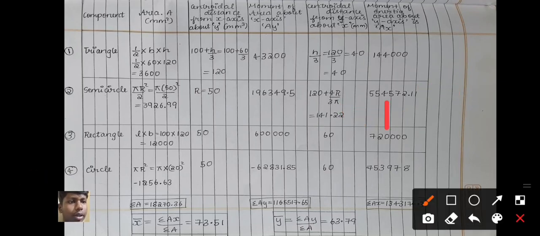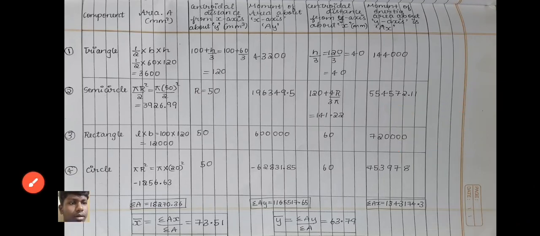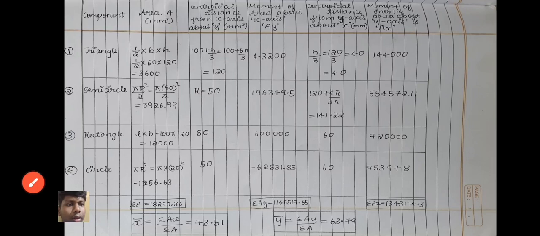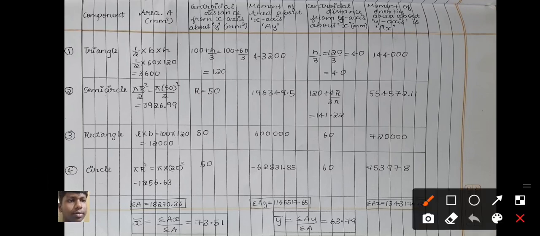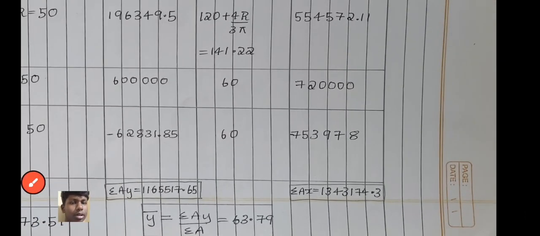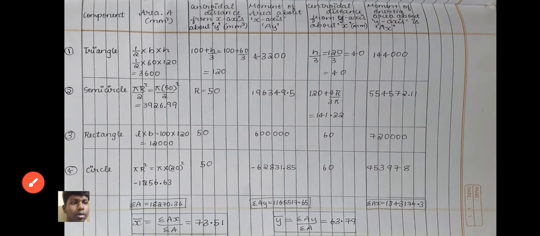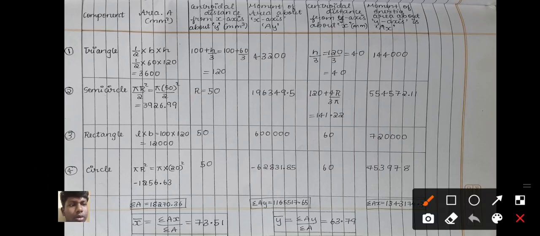So 120 divided by 2 gives us 60. So this 60 is the breadth divided by 2. As we got the centroidal distance from the y-axis, this 60 should be multiplied with the area 12,000. So the final answer will be 7 zeros, you can see. Now,